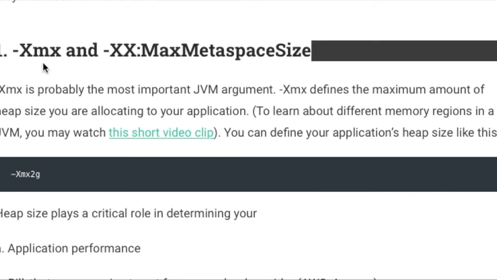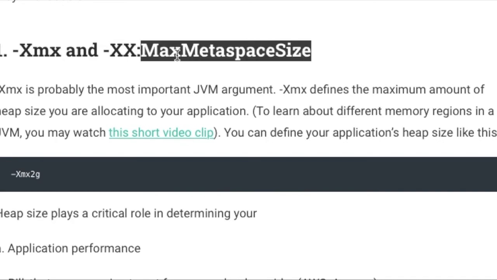So these two memories are actually important for application performance also. Let's say at runtime the application needs to create a large number of objects, then we need to increase Xmx, as the default will not work. And if there are multiple class definitions, the metaspace should be larger. Or if my application is creating only a few objects, then I should probably reduce the space.